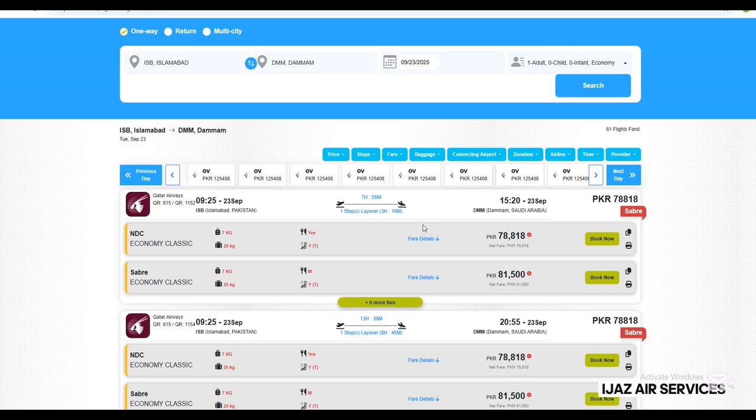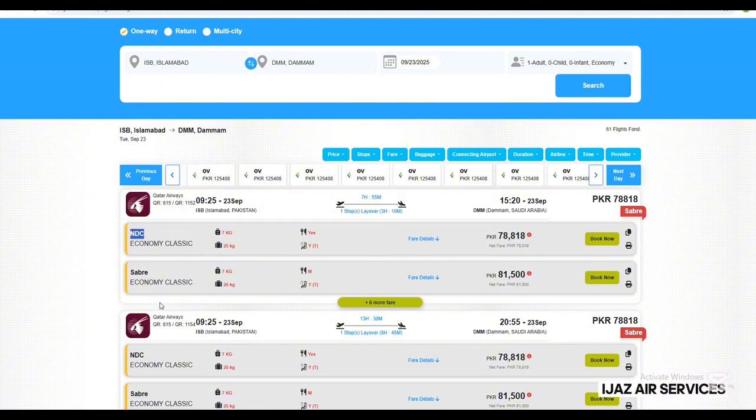Here you can see different fares on Sabre. The minimum fare is on top of the list. Here you can see the details of your ticket, time, venue and the stay duration at Doha. You can see the stay duration as well as the time and date of your flight with fare on